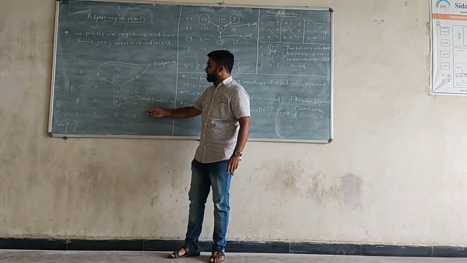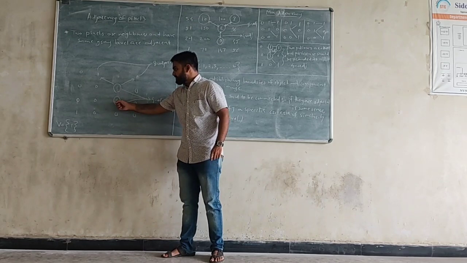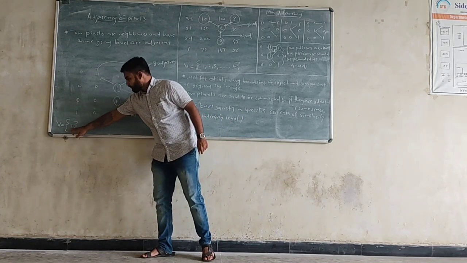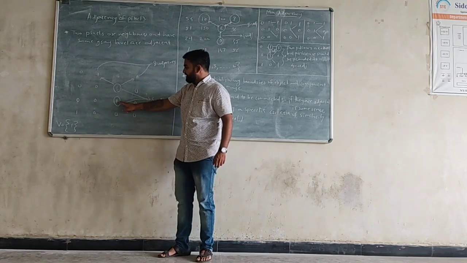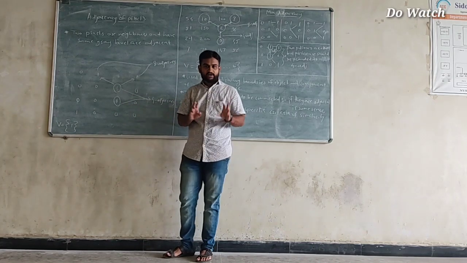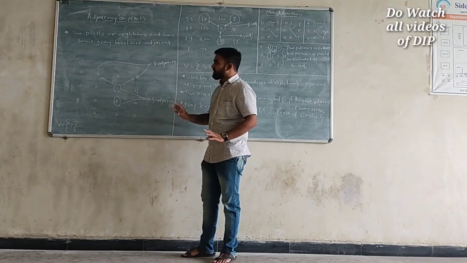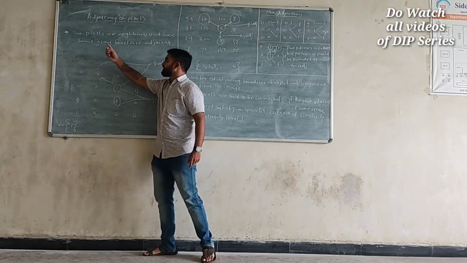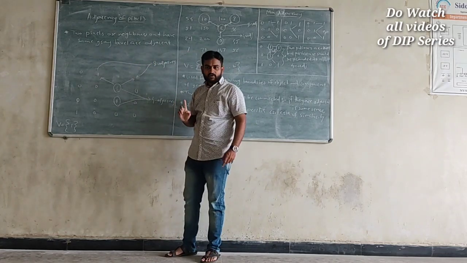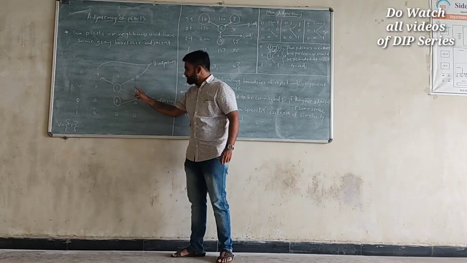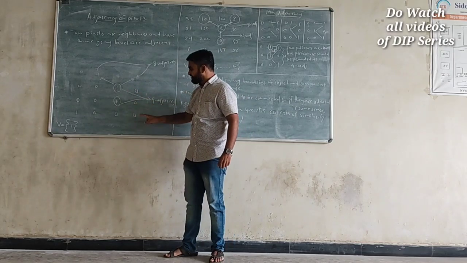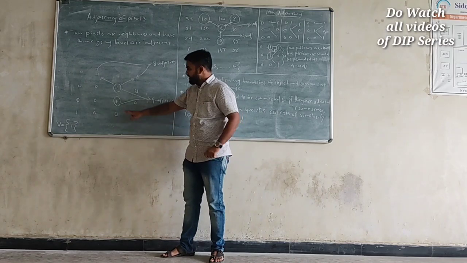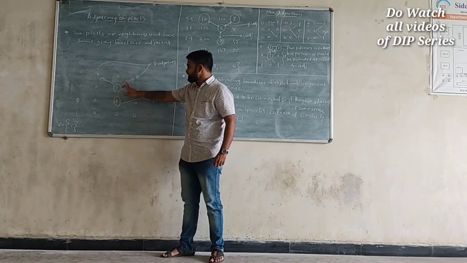Now we have to find the adjacency of this pixel. Why? Because here the set is given as V equals 1. So we have to find what is adjacent to this 1. If we are thinking about pixel adjacency, the statement says that the same gray level pixels are adjacent. Here in this binary image we have gray levels 0 and 1. So this 1 is matching this one, and this 1 is also matching this one.